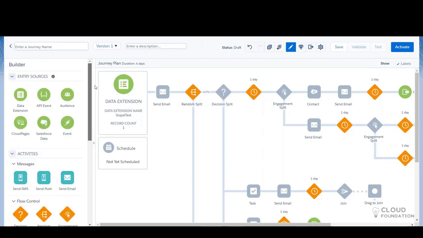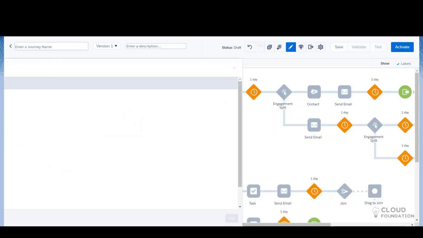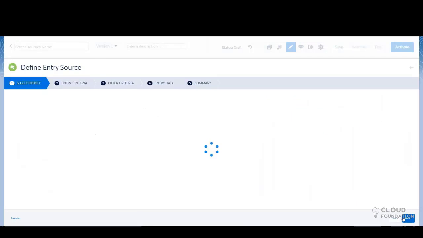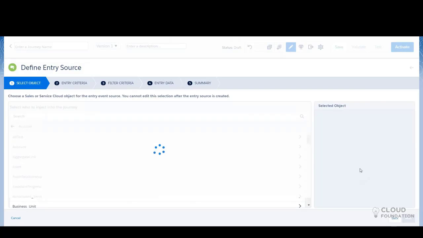That's one thing. The other major concept is Salesforce data. You can configure the Salesforce objects here. You can use the Salesforce objects as an entry source. What it means is, let's say you have an account in Salesforce, and you can just select that account here.